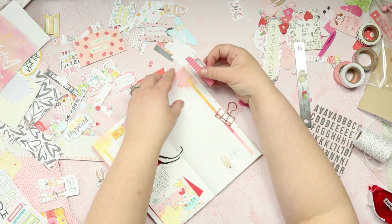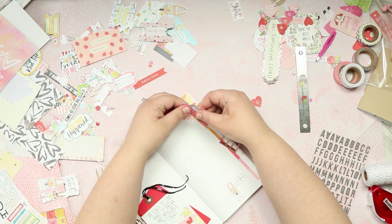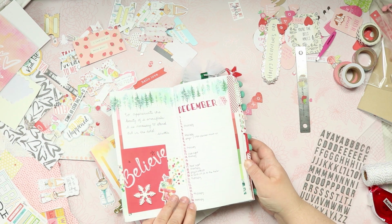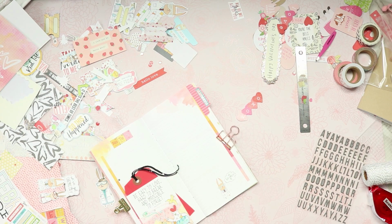And then this is my first tab, so it goes at the top. Just right at the shoulders, make sure it's straight, and fold it over. So I'll write February, I'll write all the days. Kind of looks like this. And then I just put what I have each day next to it. The next section,